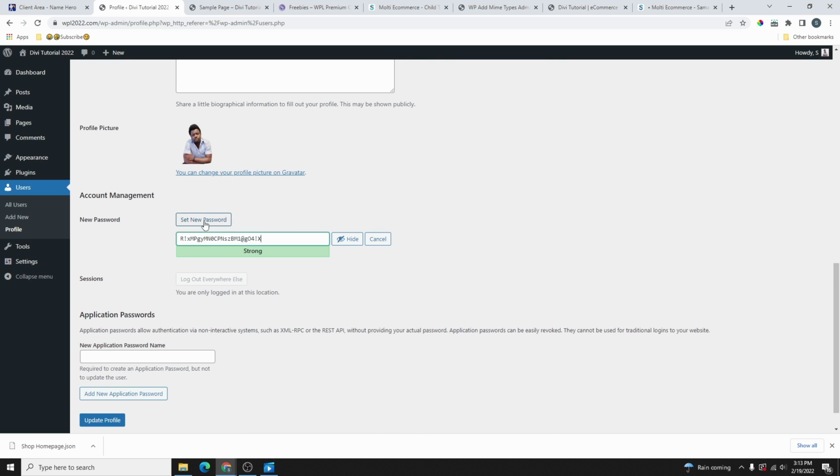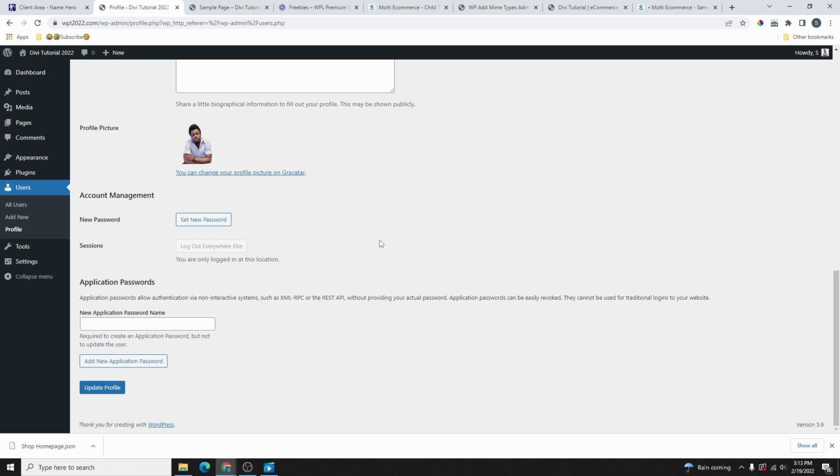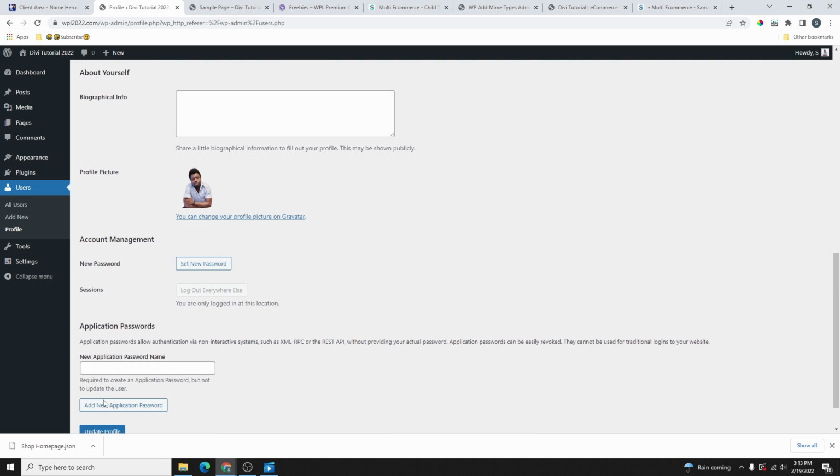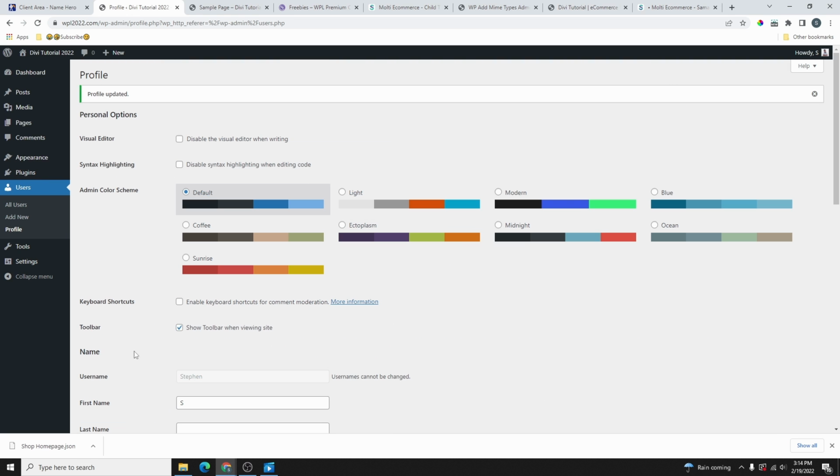You can click on set a new password, and then you can use this password if you want, but make sure you copy it and paste it somewhere, because this is a little bit complicated to remember. Or you can just type in something that you know you can remember. But now I'm not going to change my password, so I will click on cancel. Once you finish here, you can go ahead and click on update profile,